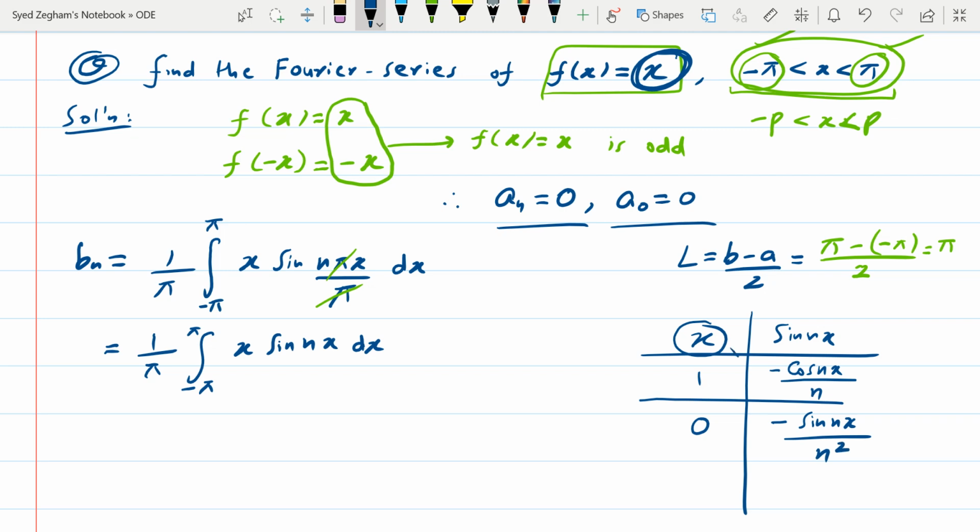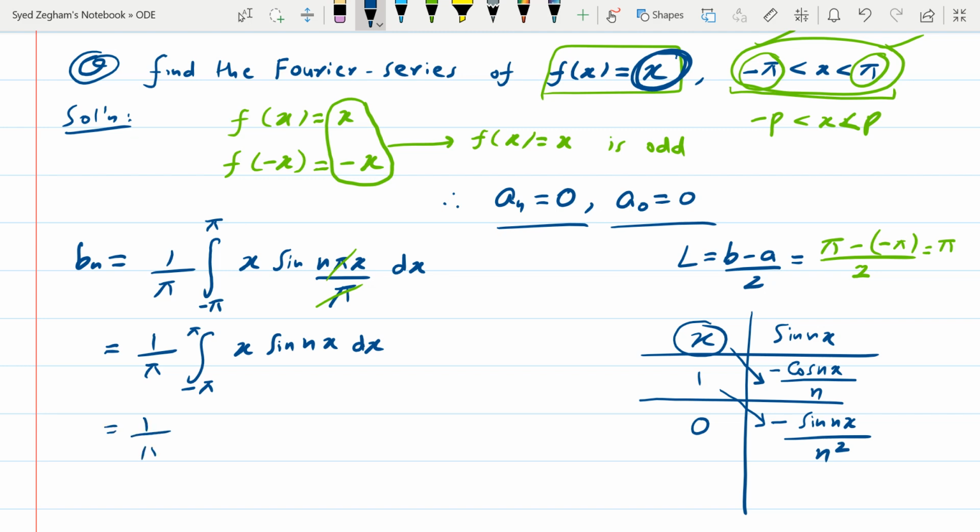So then what we do, we multiply like this. x will be multiplied by minus cosine nx by n, and 1 will be multiplied by minus sine nx over n square. And when you write it,